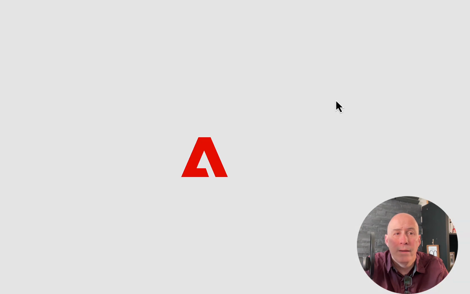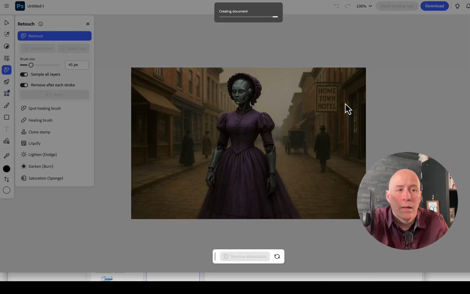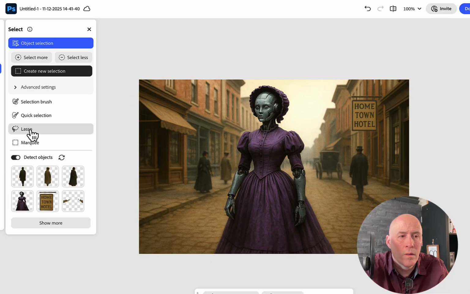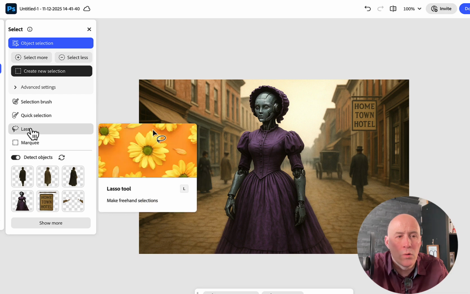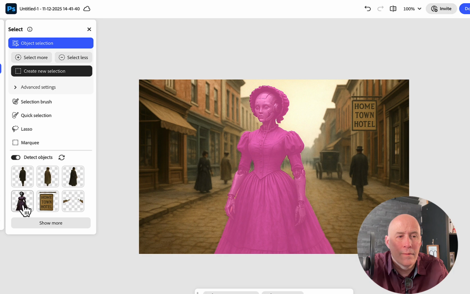Ready to open? If you have an account, which I do, it'll sign you in. Now this is Photoshop Online. This isn't the one you download. So what do I want to do here? I wanted to change this green. So you can grab the lasso tool, or how convenient is this? Click there